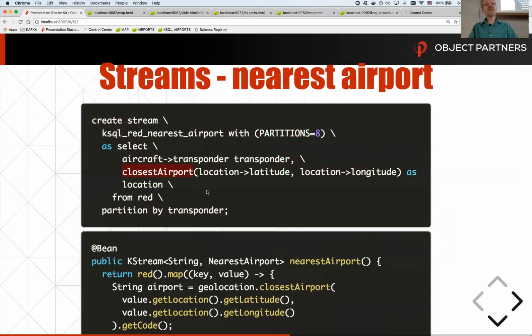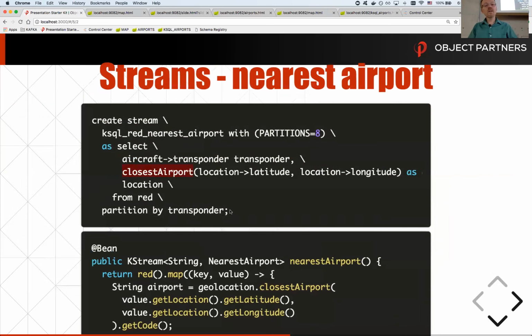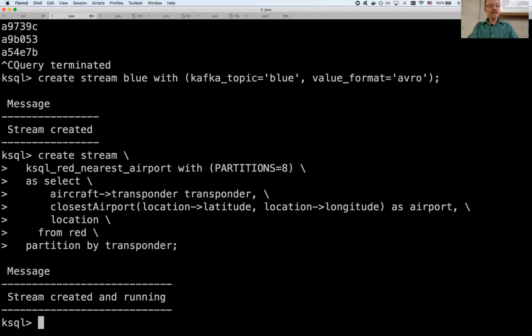That is not a standard KSQL function. That is a custom function that I wrote that makes the REST call to that service. Not something I would normally want to do within a stream is to make a REST call, but for the sake of the demo, it worked out fine. And that function is pretty easy to write as well. So I write that here.